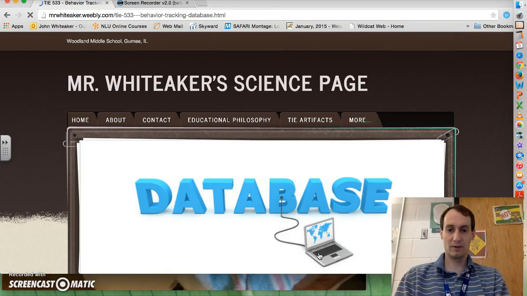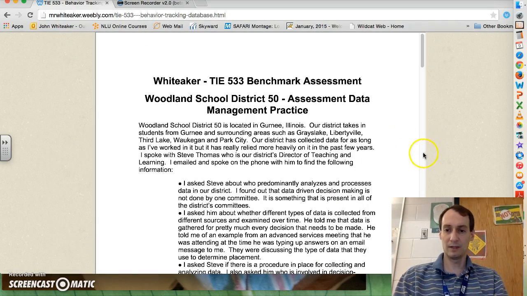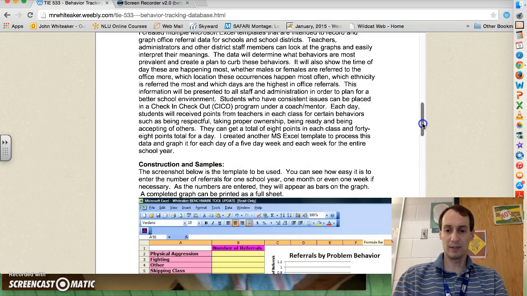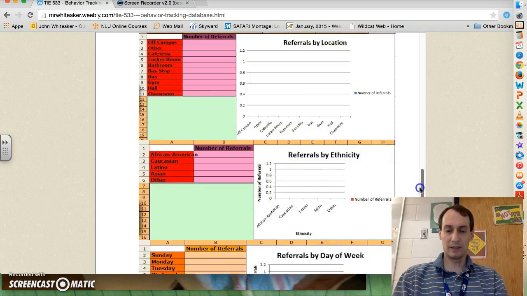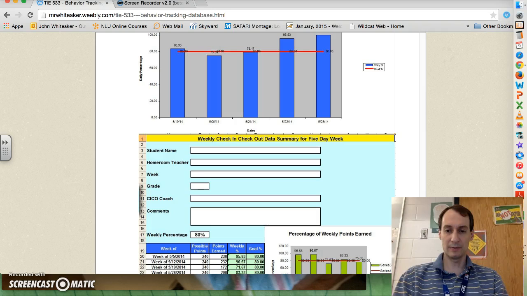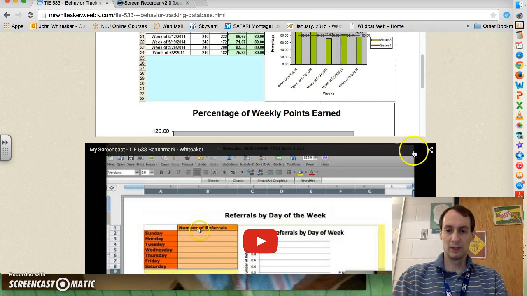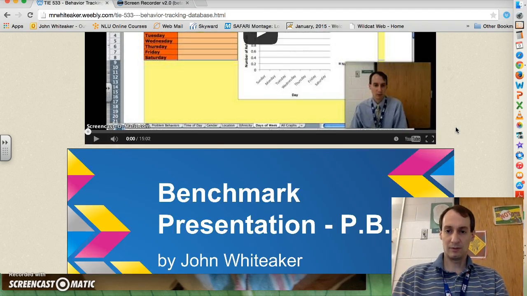Next artifact. Oh, this was a behavior tracking database that I did, since we have a PBIS system. There are definitely links to some of these files, I think. At least these are all the examples here, so I think we're good. I even had to do a little